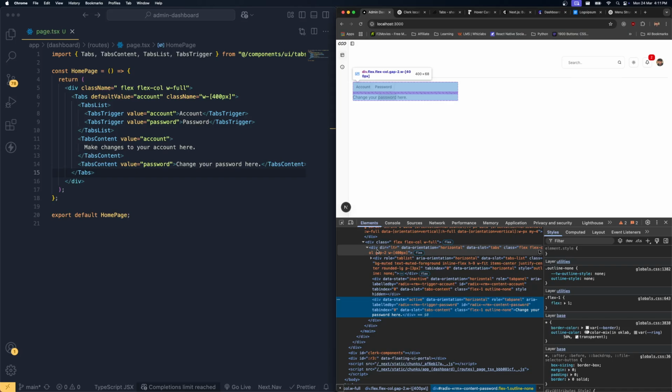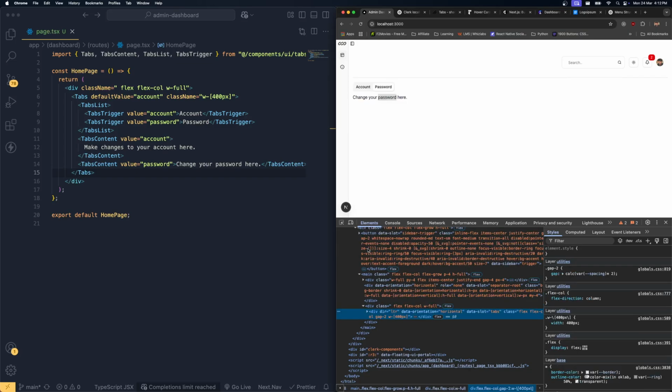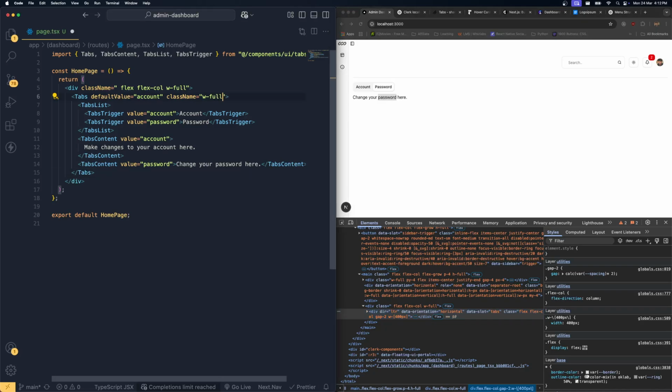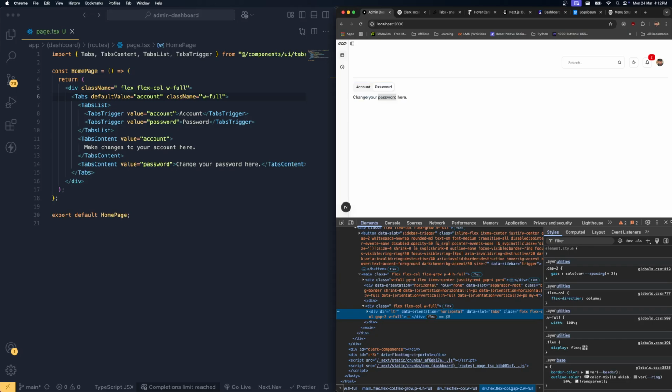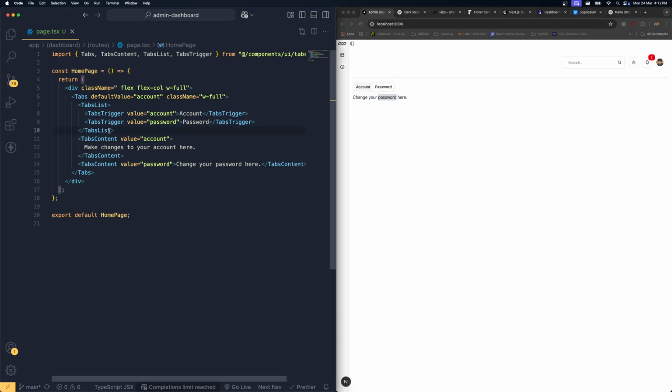Okay, this is not taking the complete available width. Anyways, we can make it work perfectly fine. This is the division, entire division, right? The tabs, okay, we need to make sure this should access the complete available width. So now this should take the complete width. Okay, perfectly fine. So now instead of this accounts and everything, the default value, which is going to be wherever